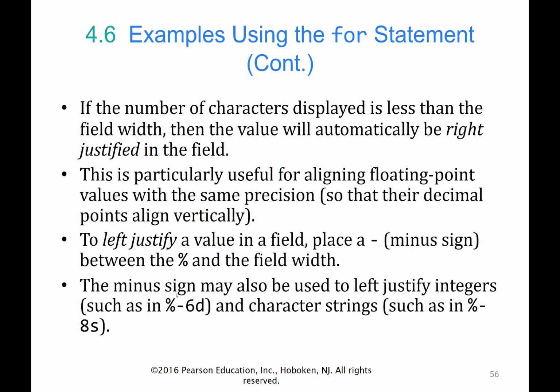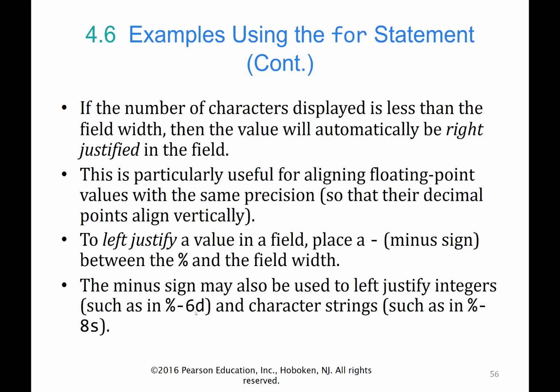To right justify, you put a minus sign in front. Normally, they're right justified, which means everything's moved to the right and the empty spaces are put before. But you could do a left justify by putting a minus after the percent, and that puts it to the left inside that field. So here, percent negative 6D means that this is a decimal